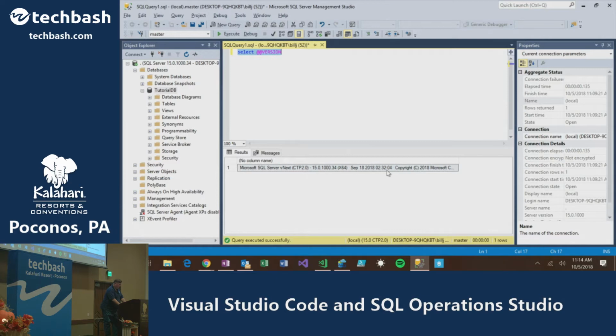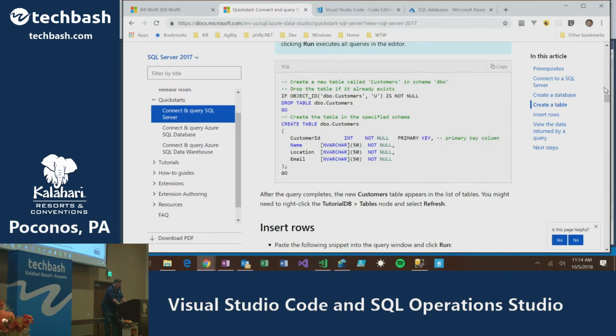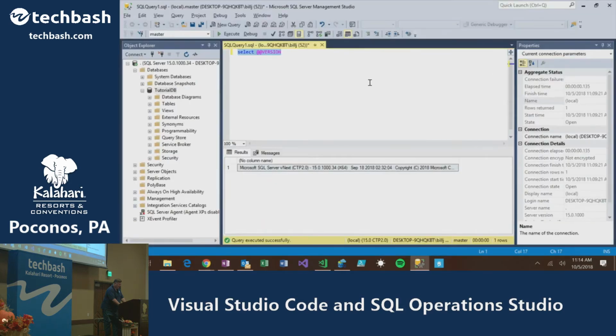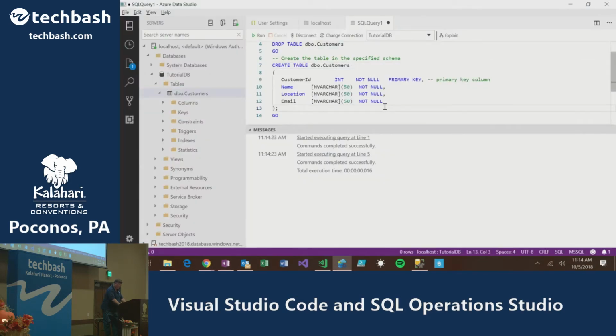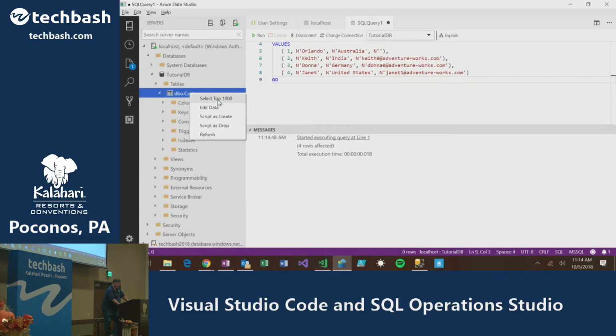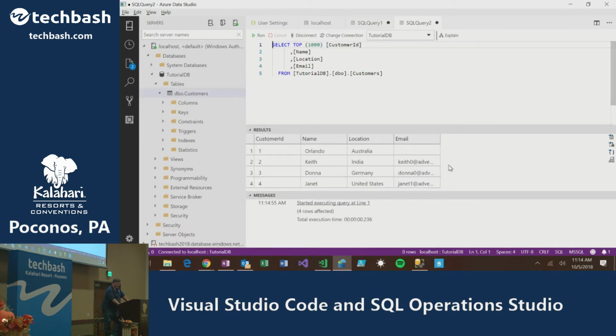Since we are going down this route that everything has to be done with SQL scripts, we'll just copy some rows into there and run that. And then you get to see the experience that you would expect. If I right-click this and say select top 1000, it actually shows me the data in a nice little grid format, which is nice.